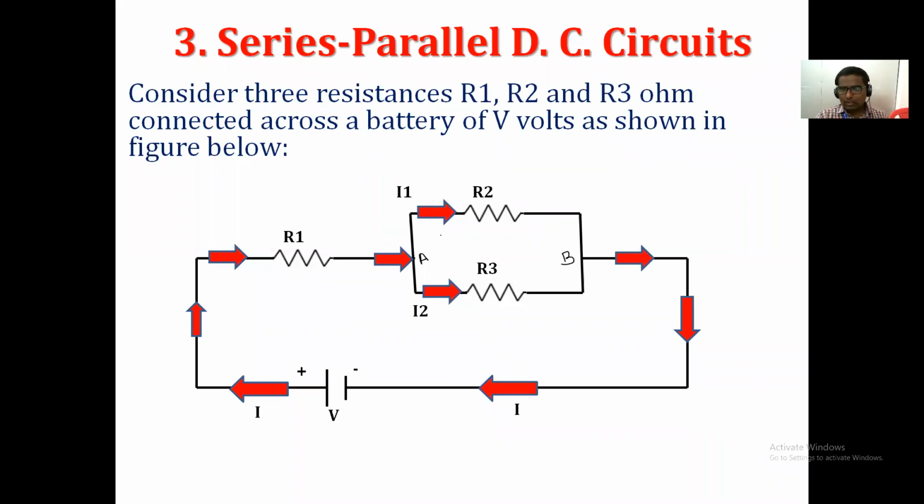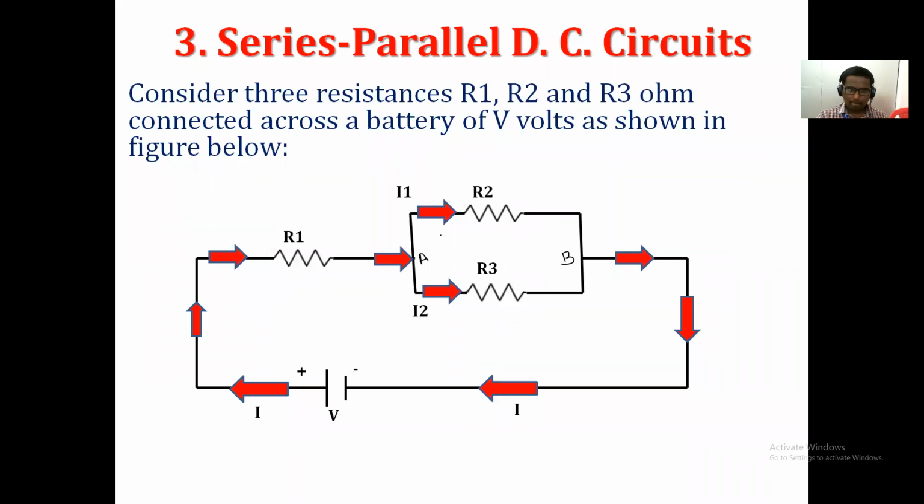Because we know the basic property of current: whatever value of current starts its journey from the positive terminal, the same amount of current should return to the negative terminal, because current always takes the closed resistance path. Get it, my point? So in this way, the current can flow in a series-parallel circuit. Is it clear? Yes or no?